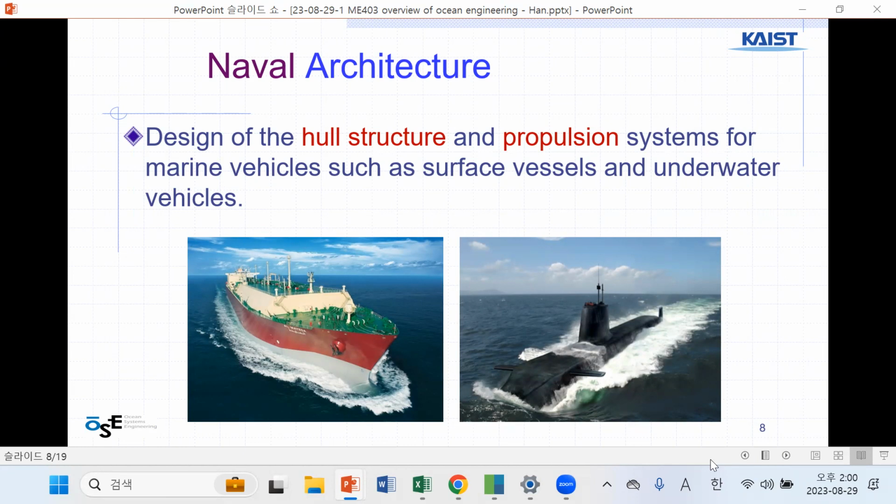So a ship is similar to having a main pillar, like a beam. We call this a beam. Strong beams are connected to the skins of the ship. We'll learn that in a later stage. Anyway, structural strength is important, so that's why they say hull structure and propulsion system, the engine and propeller, for marine vehicles such as surface and